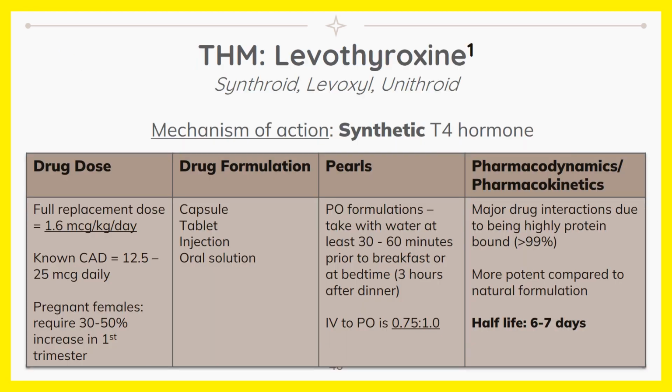One of the thyroid hormone medications is levothyroxine, also known as Synthroid, Levoxyl, and Unithroid. It is formulated to act as a synthetic T4 hormone. It's unique in its dosing because it is weight-based, so we want to look at 1.6 micrograms per kilogram per day. However, we want to dose it in a smaller fraction for patients who have known coronary artery disease,